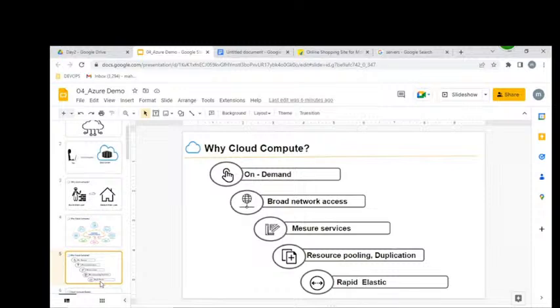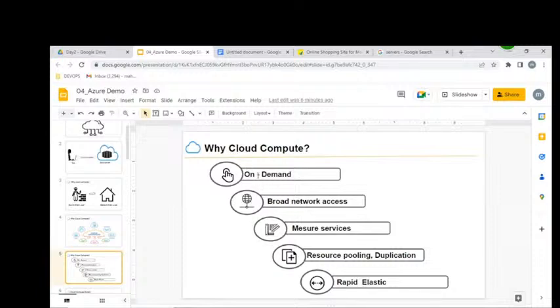Which are the rules, please? On demand, broad network access, measured services, resource pooling, rapid elasticity. By following these rules and regulations, then only we can become a cloud provider.